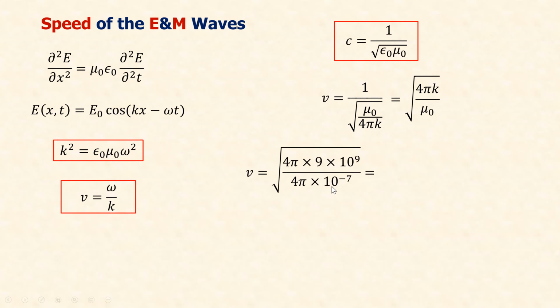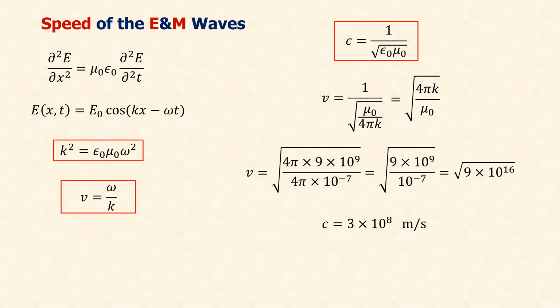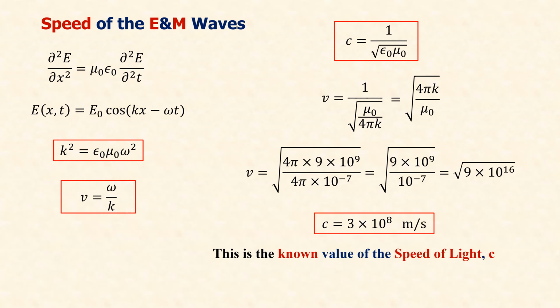Mu naught is 4 pi times 10 to the negative 7. 4 pi cancels. This goes up, becomes positive 7. So it becomes 9 times 10 to the 16. Under square root, it becomes 3 times 10 to the 8 meters per second. So this is the known speed of light. It was a known value of the speed of light at that time, they knew that before Maxwell. But when Maxwell calculated the speed of these electromagnetic waves, he realized that, oh, that is the speed of light that we know. Therefore,